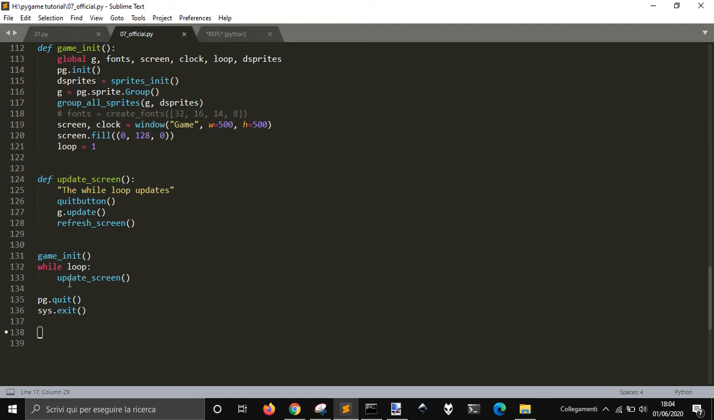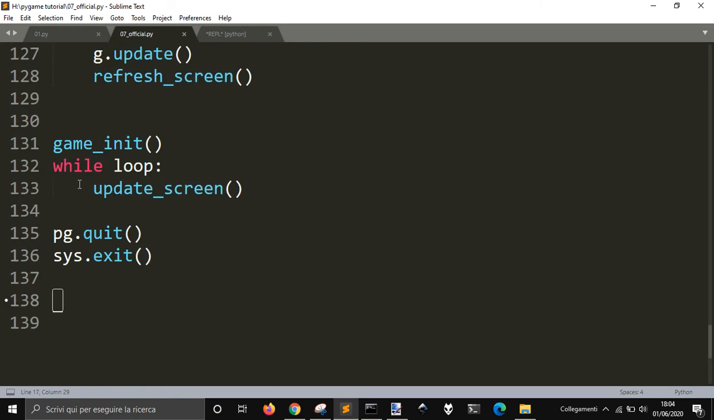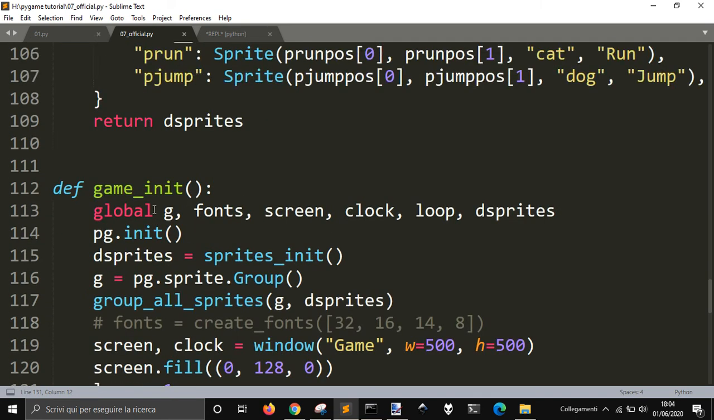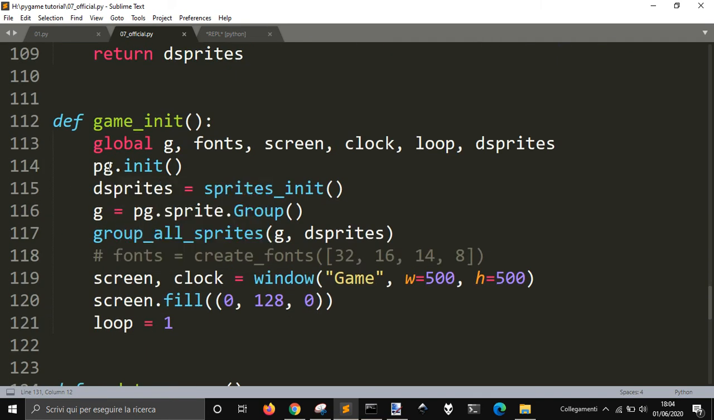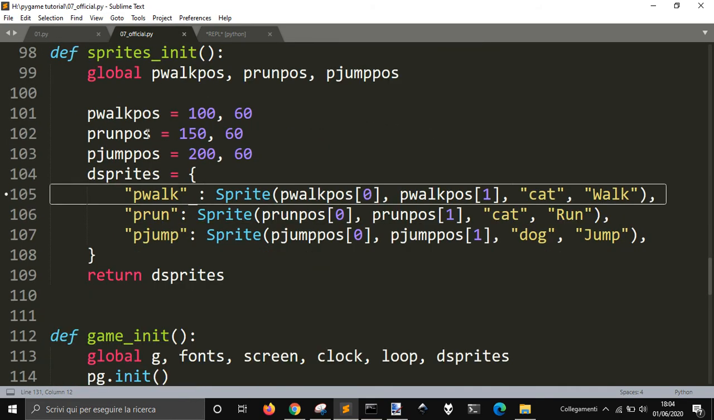you see now the while loop contains just one statement that calls the update screen, and the update screen contains just 3 lines: quit button, g update, refresh screen. So when we start the program, the first thing that we do is game init, and the game init just has this pygame init and this sprite init, that is this function here that